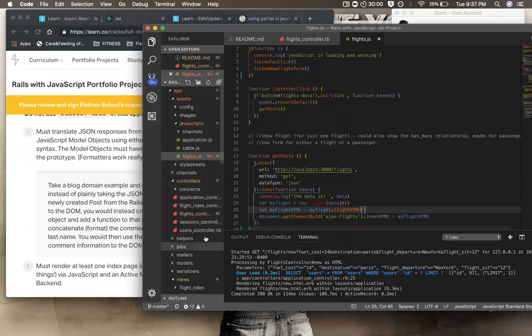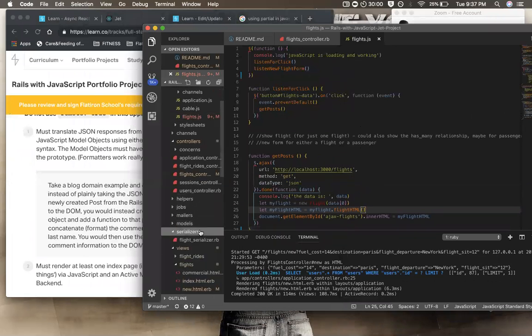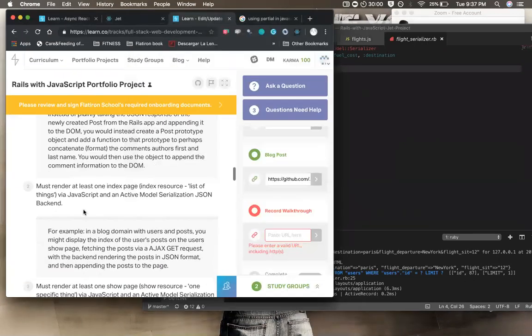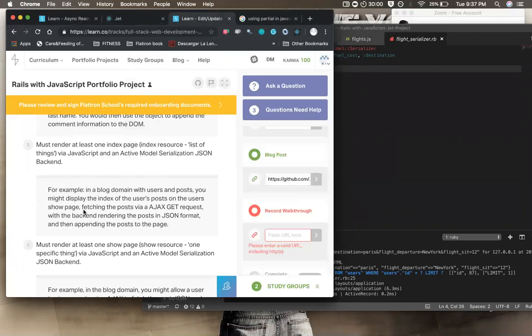Before I even did anything, I created a serializer right here for flights. In the flight serializer I included the relationship of flight rides, which on its own fulfills our number 3 requirement